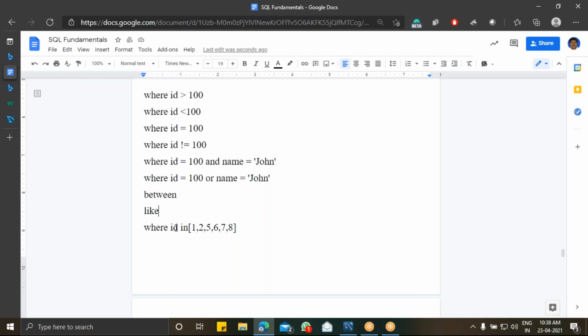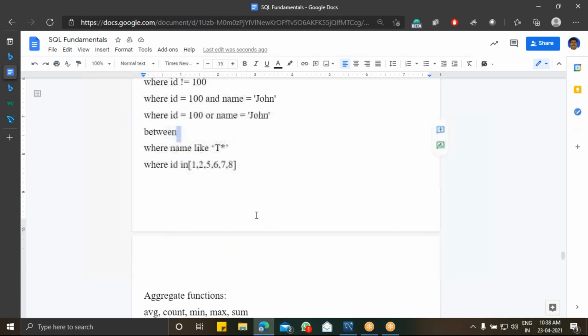Similarly, LIKE is WHERE name LIKE, and LIKE always works with a regex-style format. We can manipulate the data with it. For example, it can start with T, which will match all the values starting with T. So like this, I can give different constraints. Similarly, BETWEEN is a range operator, which will start and end.